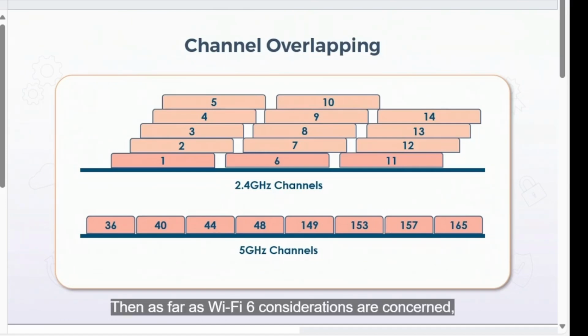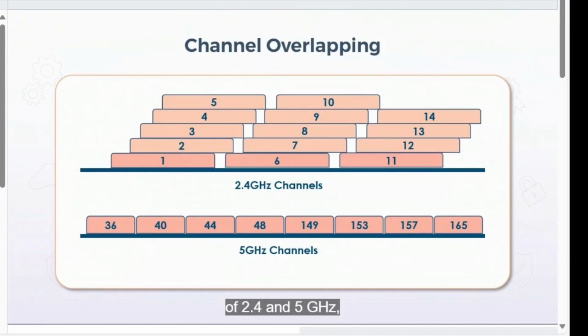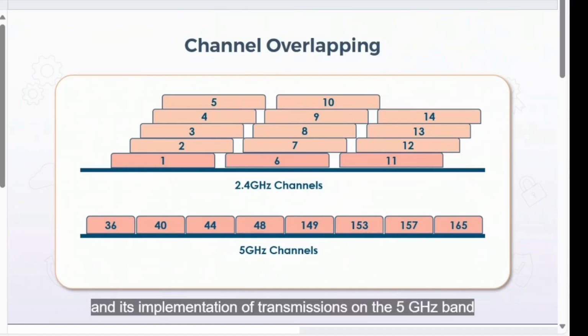Now, all of that said, I'd like to finish by saying that in either band, these days, and in fact going back several years, devices communicating over Wi-Fi have been able to auto-negotiate the optimal channel. And in most cases, this is the recommended approach, because the devices can quite literally determine for themselves which channel offers the best performance. So unless you have a specific reason to change this behavior, such as a known issue